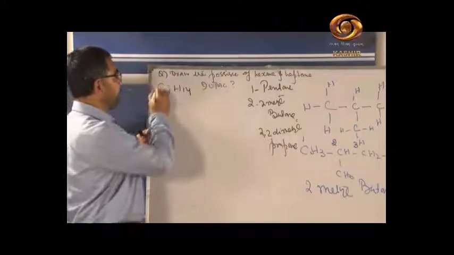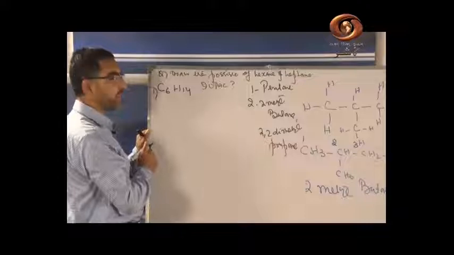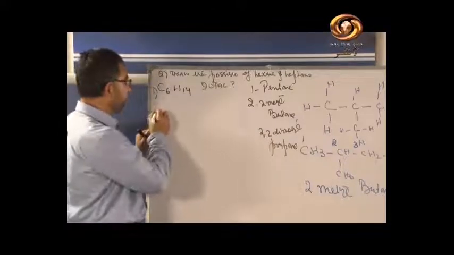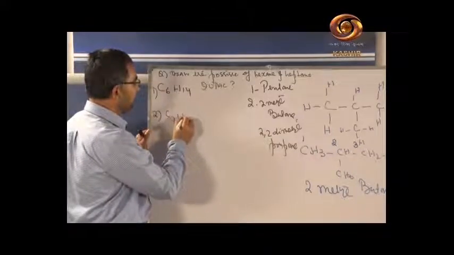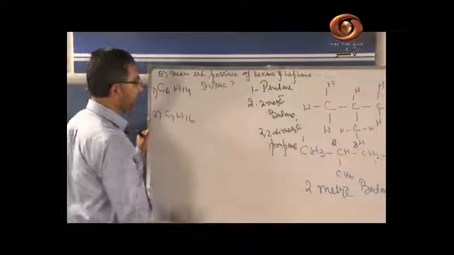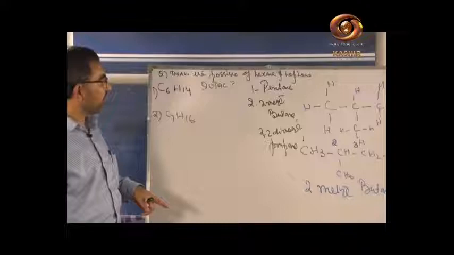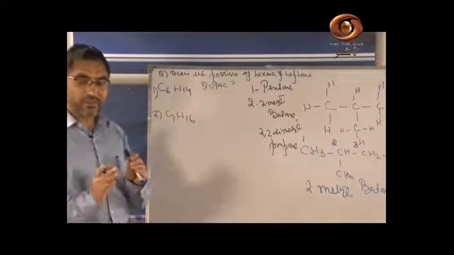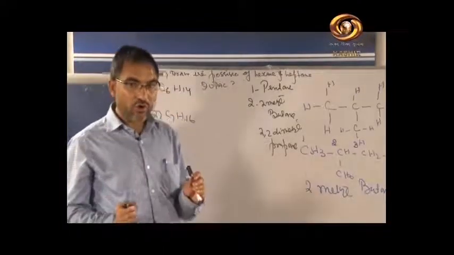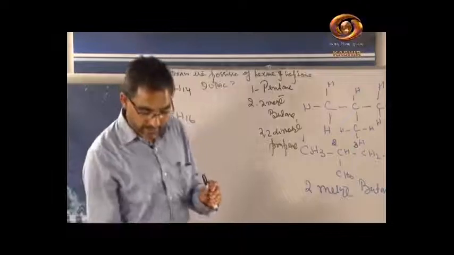नंबर फर्स्ट मैंने आपको C6H14 दिया है, this is hexane. नंबर सेकंड C7H16. Both the compounds are alkanes. आप इनके स्ट्रक्चर ड्रा कीजिए, डिफरेंट पॉसिबल आइसोमर्स ड्रा कीजिए और तब जाके उनका नाम लिखिए.